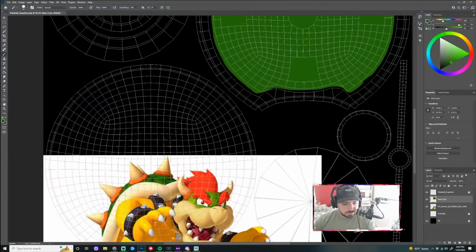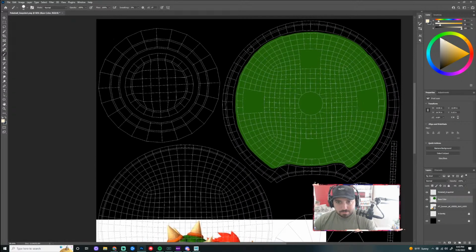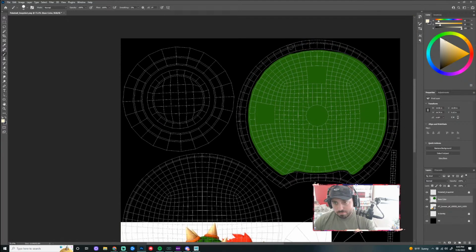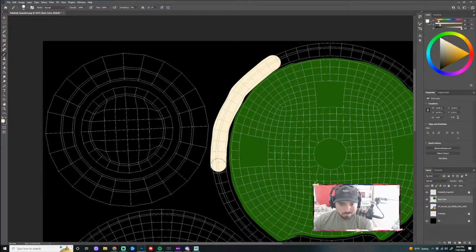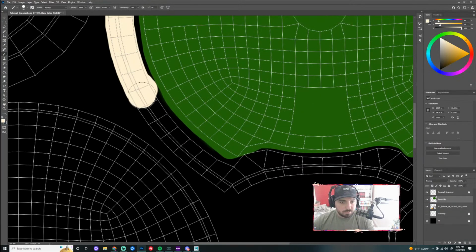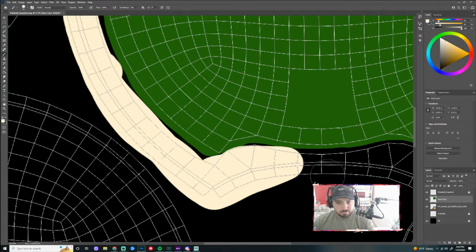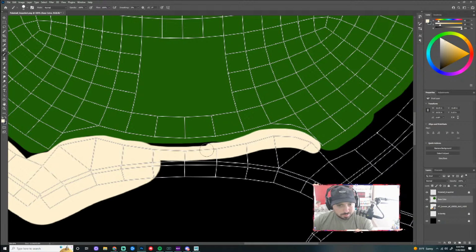Okay, then we could take this cool little eggshell kind of color here. Again, I'm just trying to put a little bit of a bleed in between each one of these.